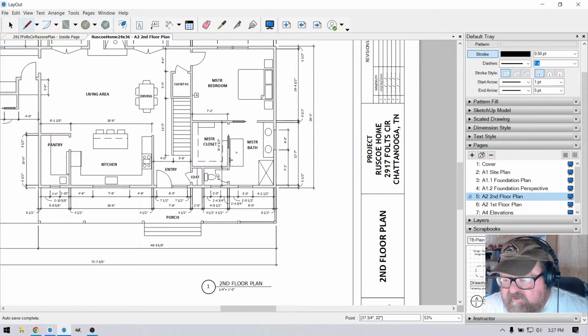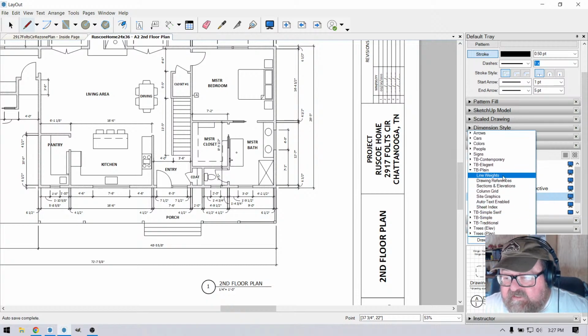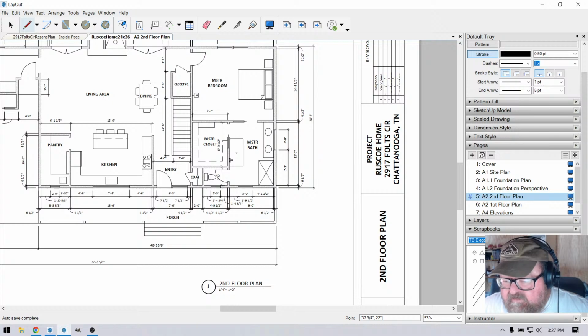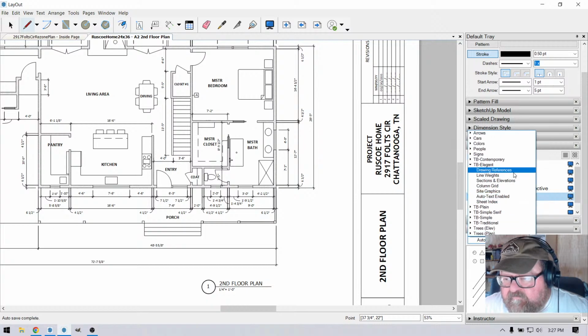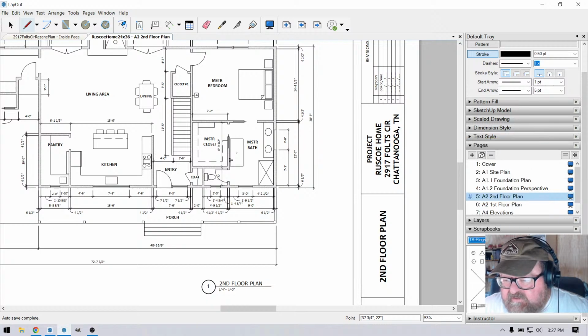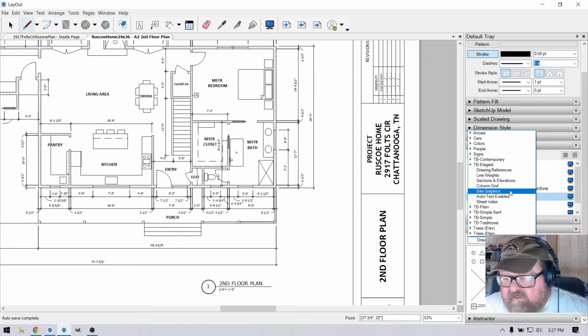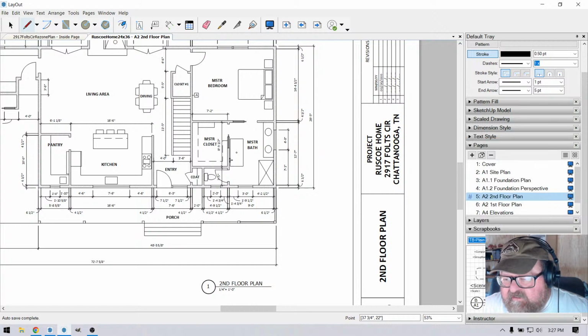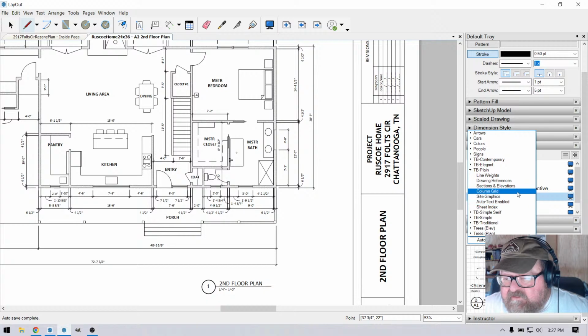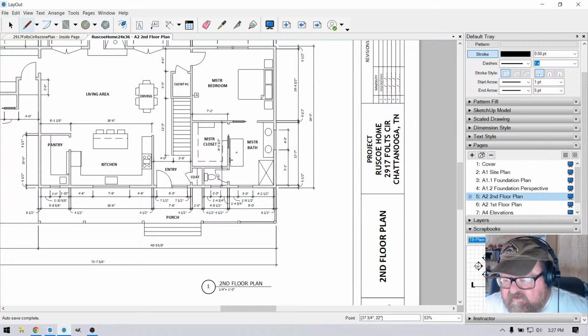Sometimes that's plain. Let's see, elegant. Sometimes they don't have drawing references. Let's go to plane and then go to sections and elevations. Here we go. For a wall section, you would grab one of these babies